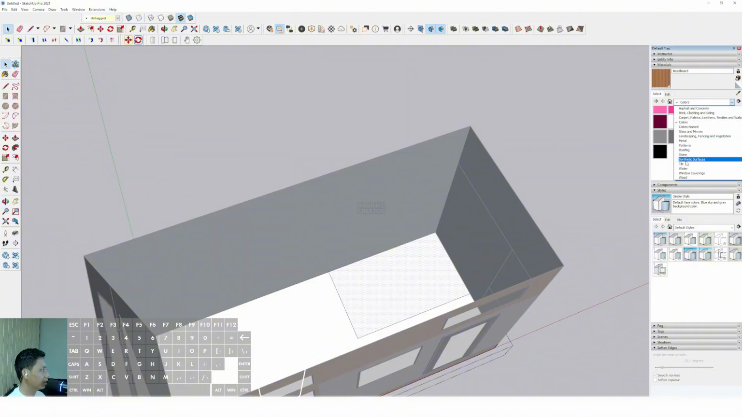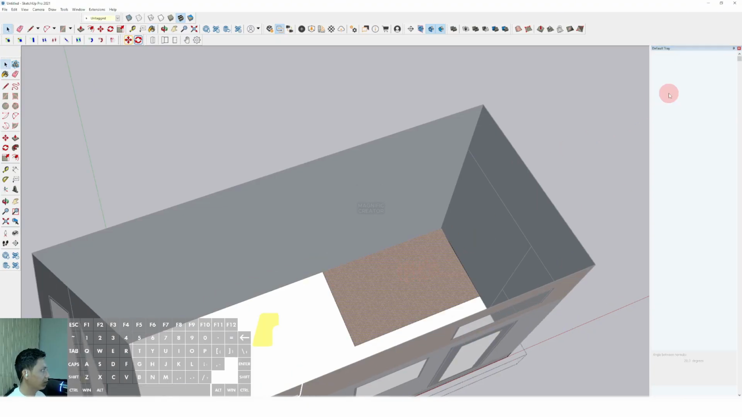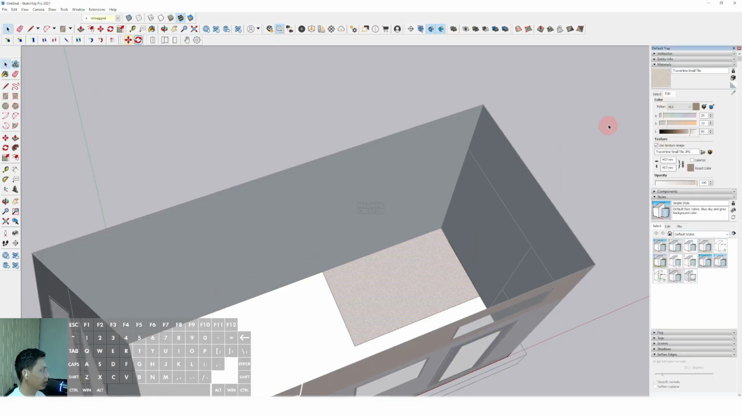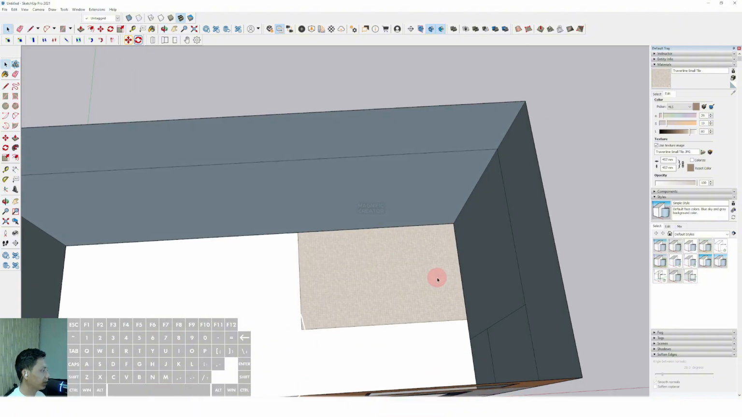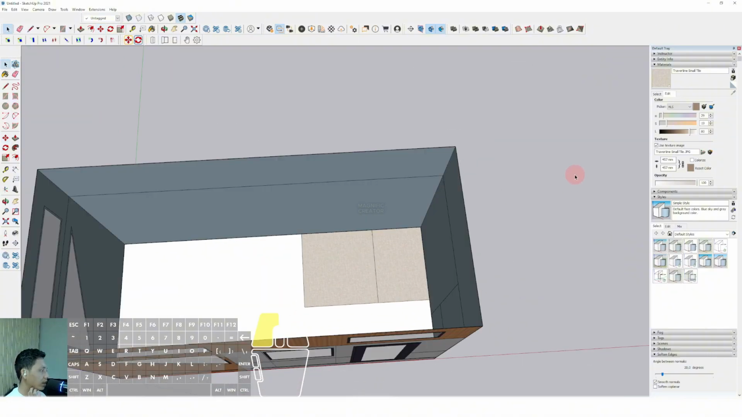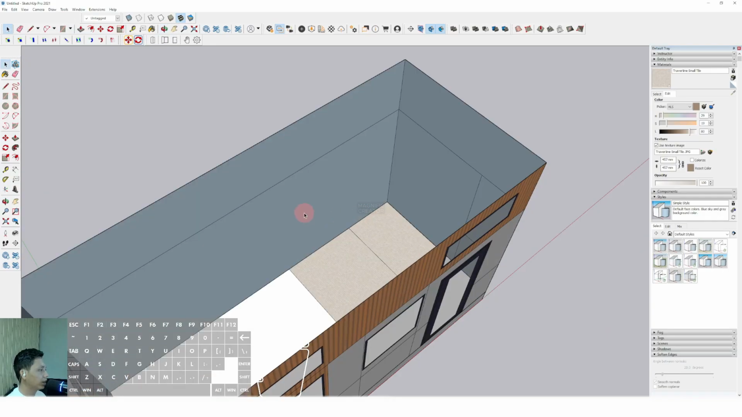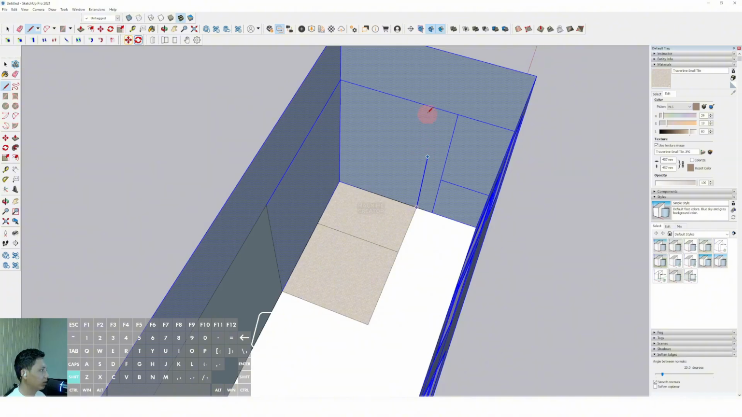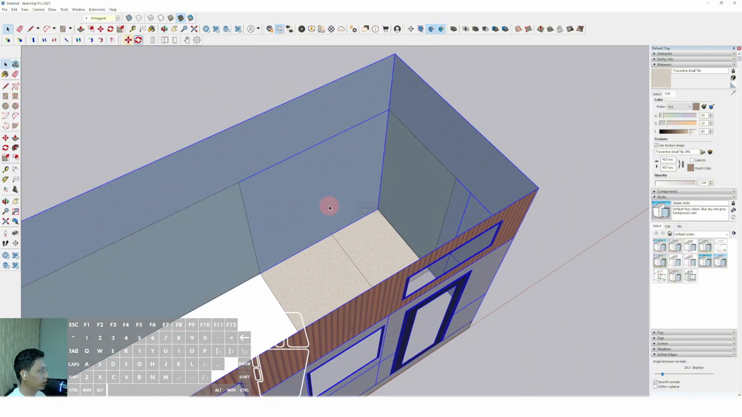We can make a different color using the tile for making the bathroom, and we can make it lighter like this, and we can also adjust the shower. This is the shower area around 1 meter or 900 millimeters. This is the shower area, and we can also adjust the wall of this bathroom. Okay, we can adjust the wall of the bathroom using